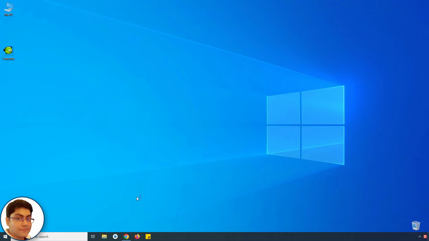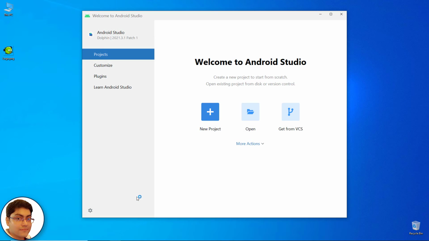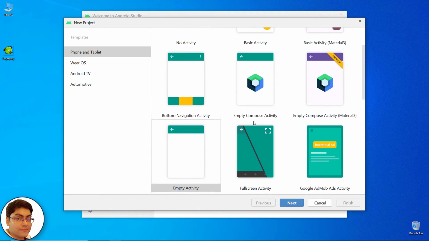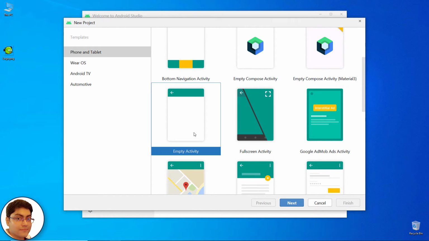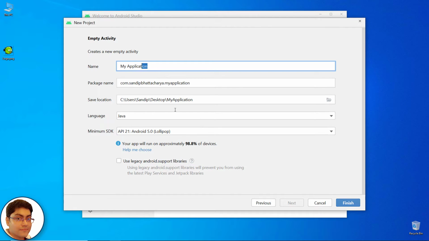Open Android Studio. I am using Android Studio version 2021.3.1. In the Welcome to Android Studio screen, click New Project. In the New Project screen, select Empty Activity. Click Next. Write the project name